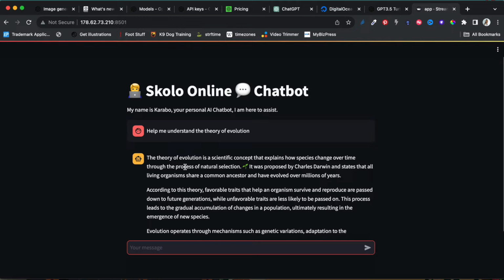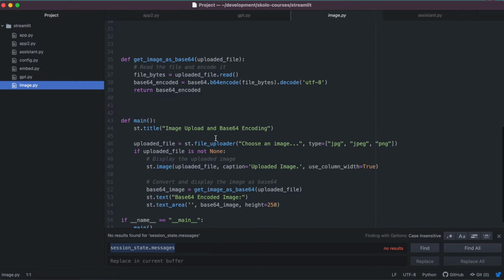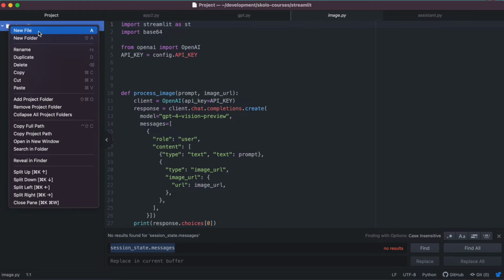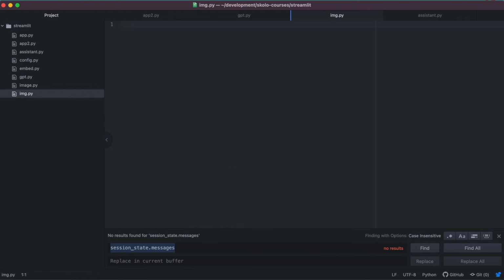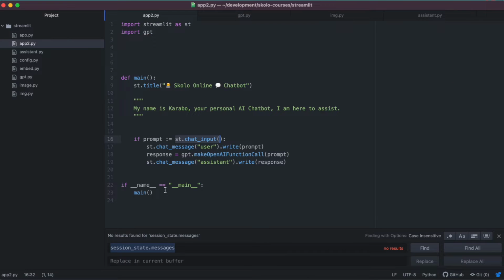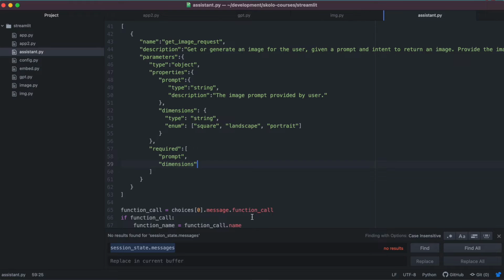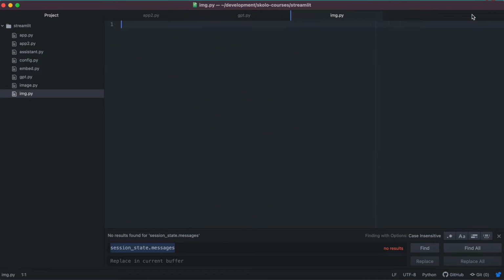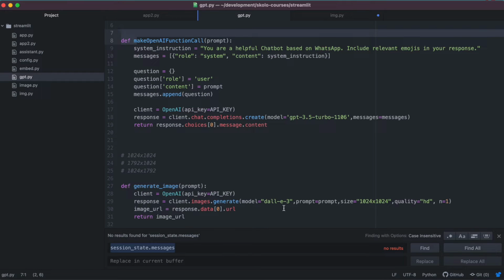What I want to do now is something else. I want to be able to generate an image. So we want image generation. Let's create a new file in here, and we're going to call it img.py. Inside this new file, we're going to pretty much do what was in the other file. I'm going to copy almost everything that's in here, but instead we're going to use image generation, DALL-E 3,